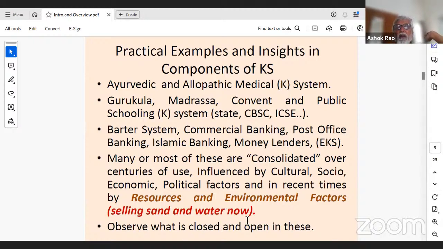Okay. Now you can also observe what is closed and open in this. Many of the resources are open because we don't know. For example, everybody uses a mobile phone now, and battery has become a commodity, so on and so forth. Nobody goes to the post office to write letters anymore. All this has happened. So many things are very open. Many components get in easily, get out. Certain components are very rigid. For example, dress doesn't change overnight.